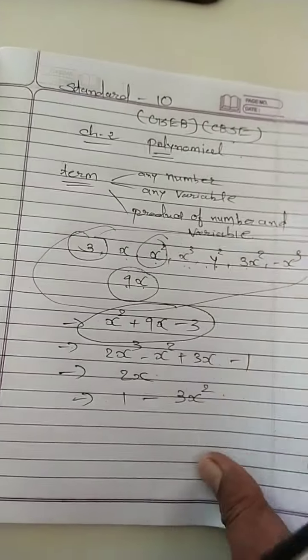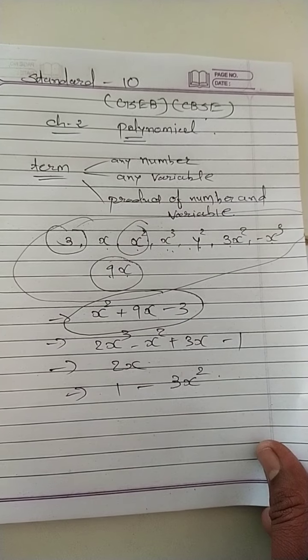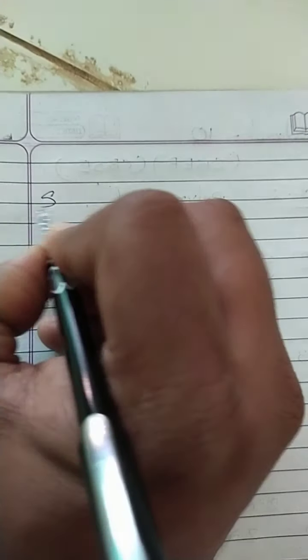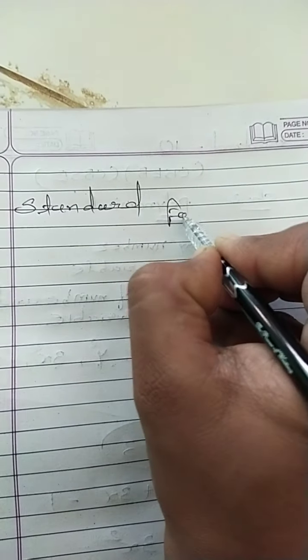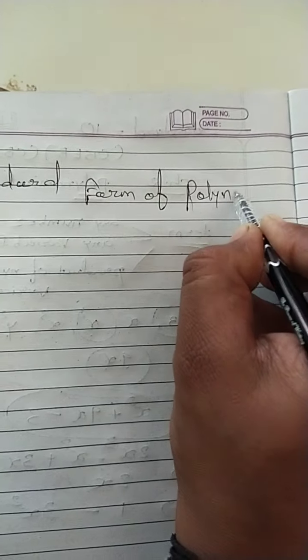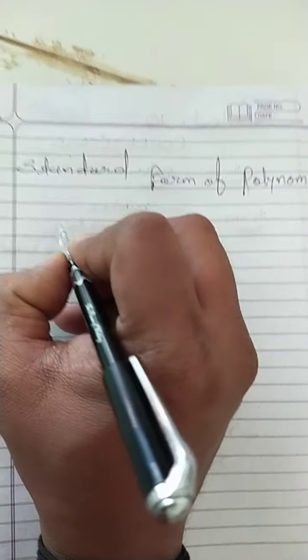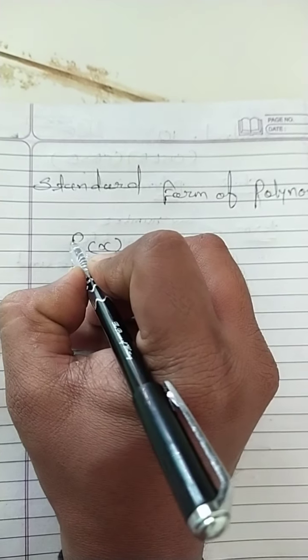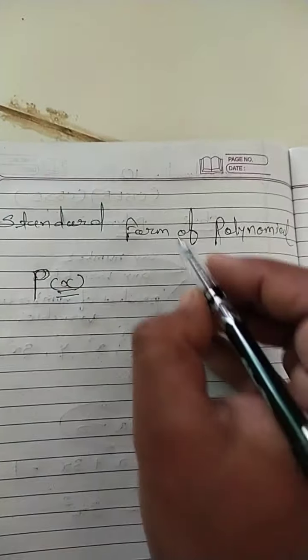What is the standard form of polynomial? Then remember, look at here first. Okay, I am turning the page. Then the standard form of polynomial. What is the standard form of polynomial? The standard form of polynomial with variable x is denoted as p of x. P of x means polynomial with variable x, and p of x is equal to